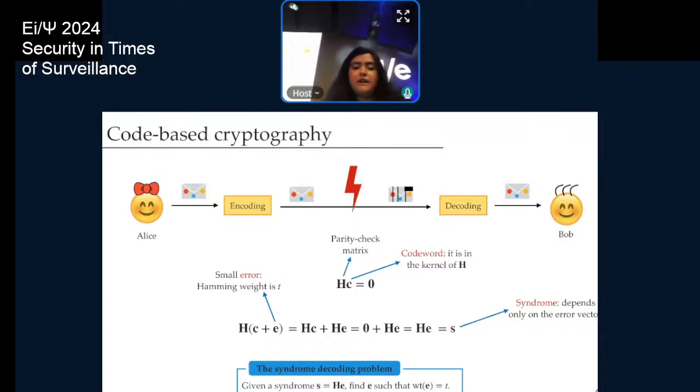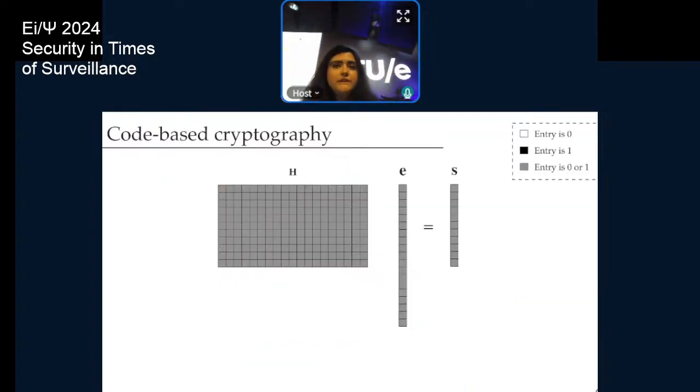If we are given, I will write it more visually like this because it's easier to see. You are given this H, which is the matrix that describes your code. You are given this S, and you need to find an E, this vector here in the middle, that satisfies this equation. Plus, also it is of low Hamming weight, meaning it has very few